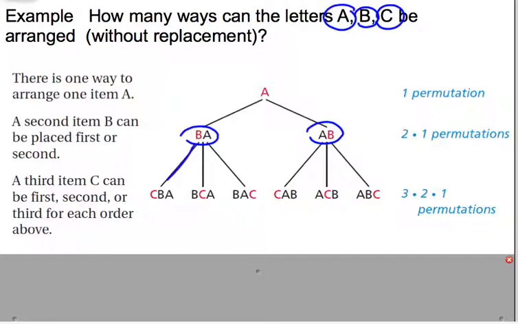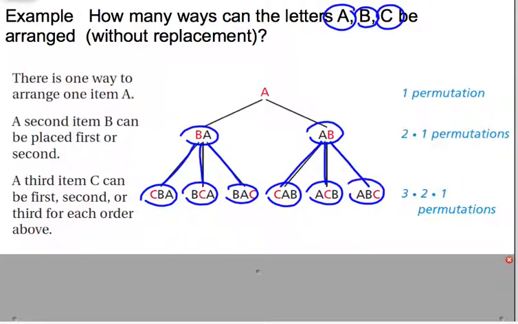You'll see the tree heading out here. So we could have CBA, BCA, or BAC. Then the next tree with branches could be CAB, ACB, and ABC. Well, we use this thing called factorials in just a moment. I'm going to show you where this is the first choice permutation, and then we multiply it